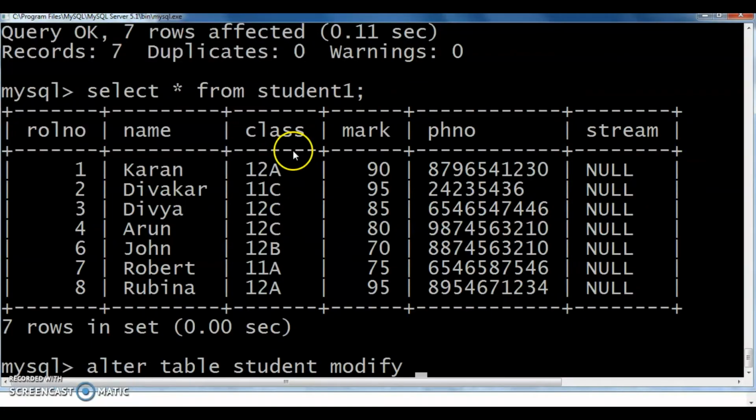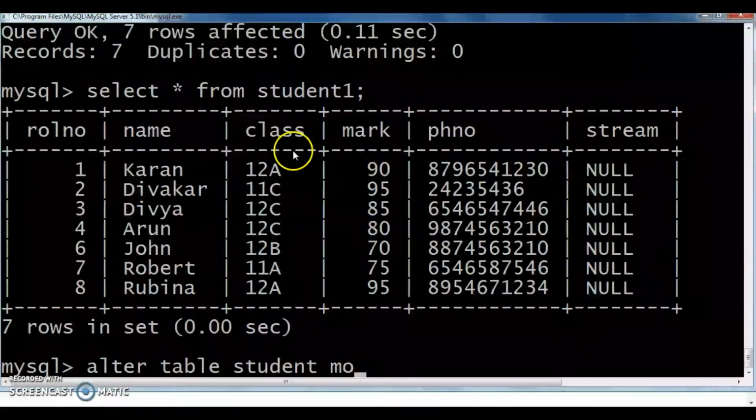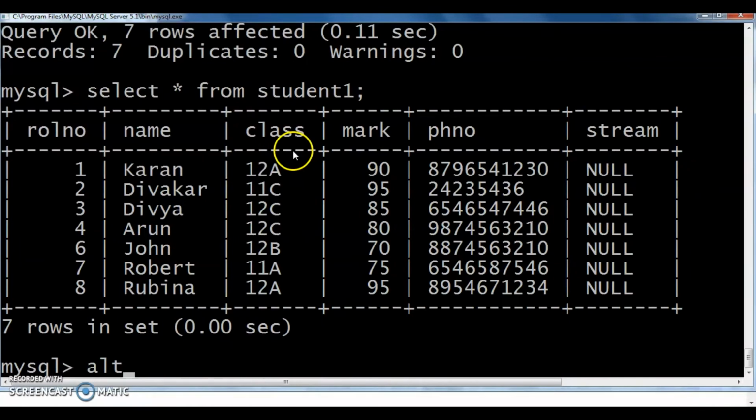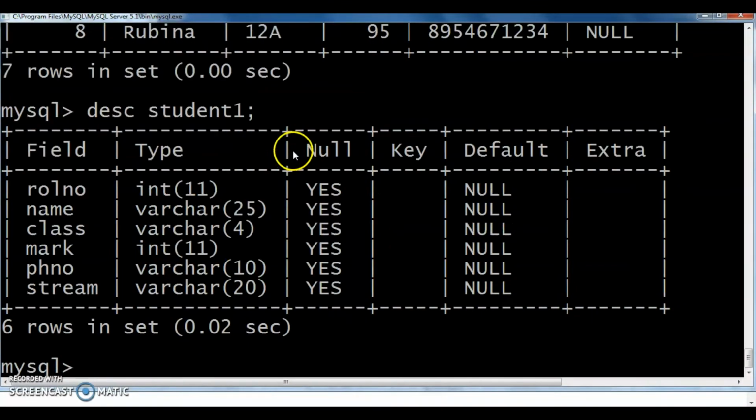Here I entered the mark field as integer. So before that we can check that one. How can I check the data types of each field? DESC student1. Check this one. Mark is integer. So I have to change the mark field to decimal or float. For that we can use this alter table command with the modify keyword.